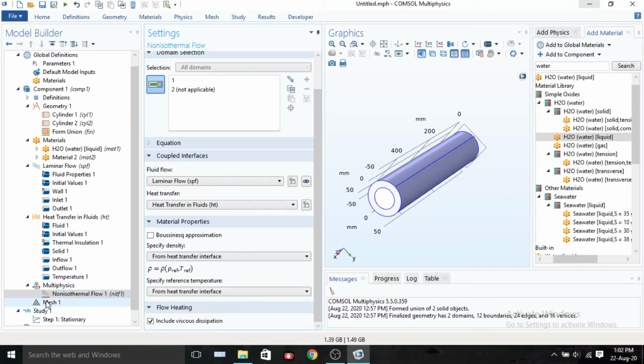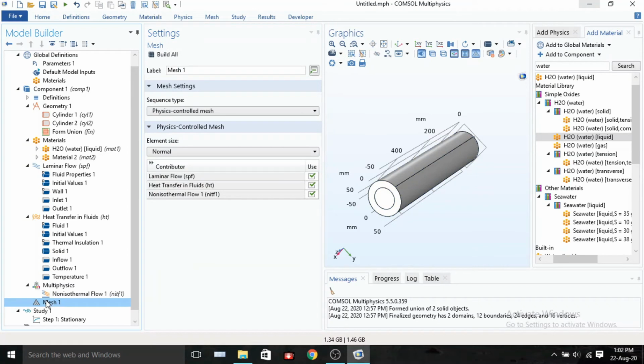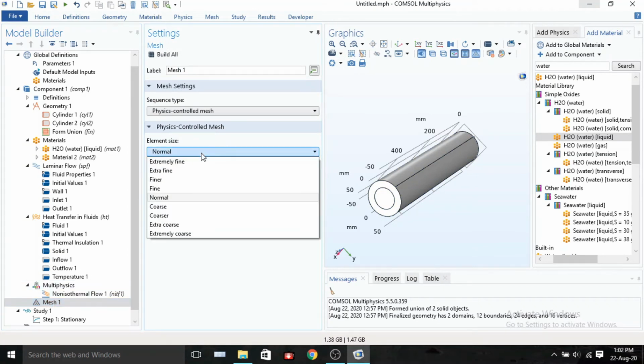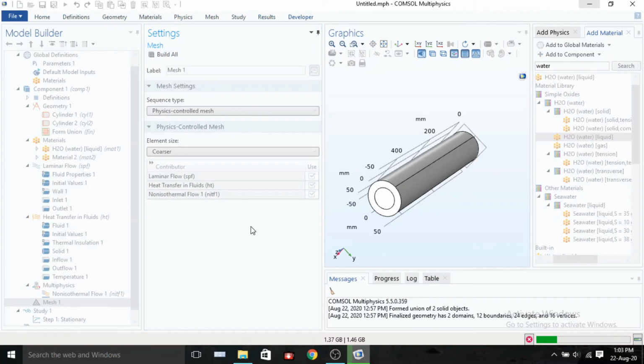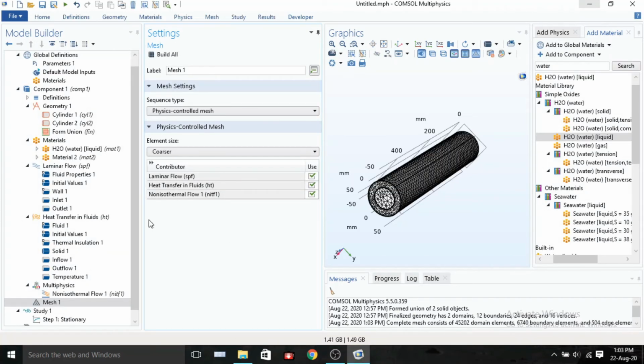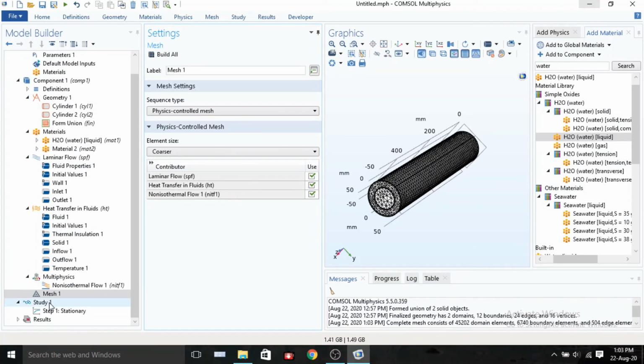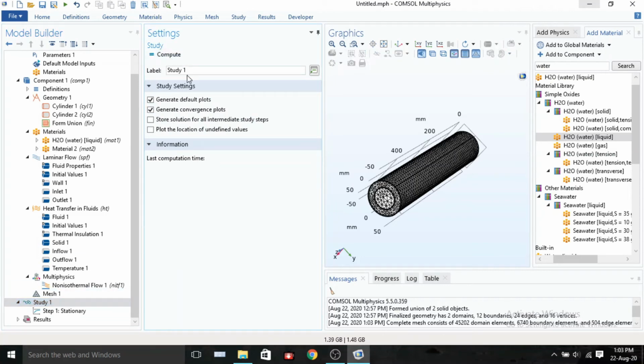Now go to mesh and I would be using a coarse grid so that the processing may be faster. Now go to study and click on compute.